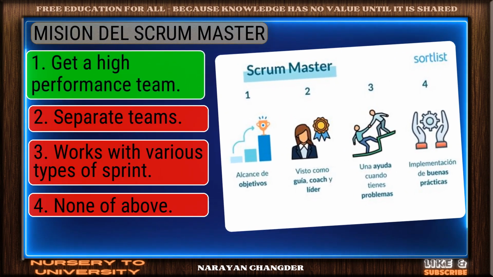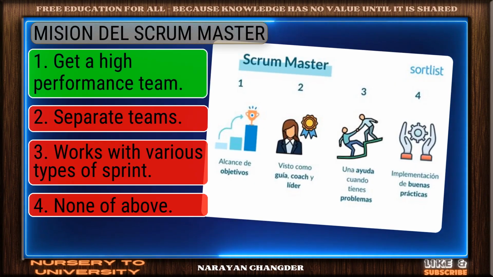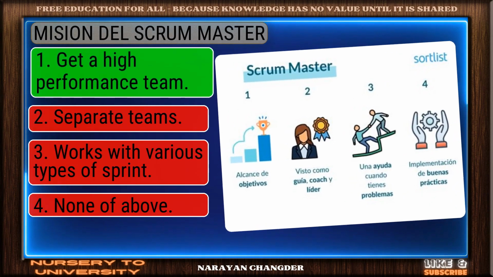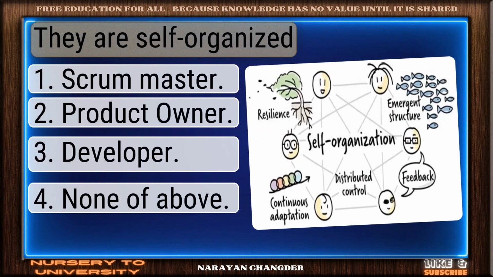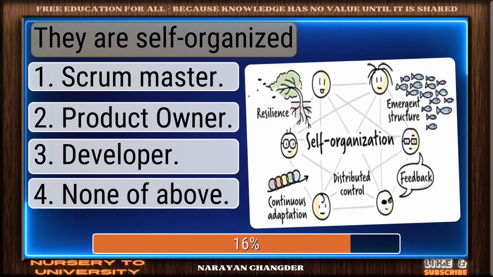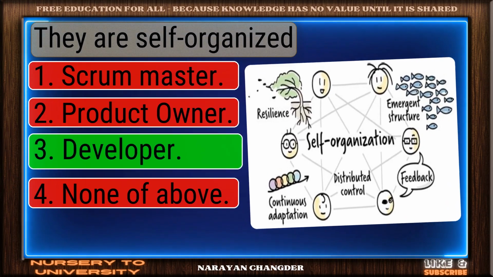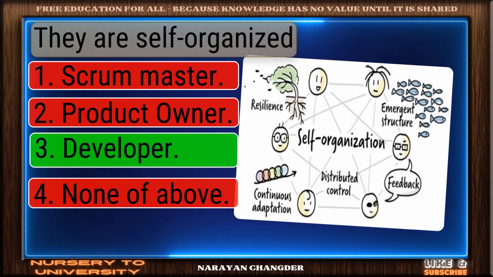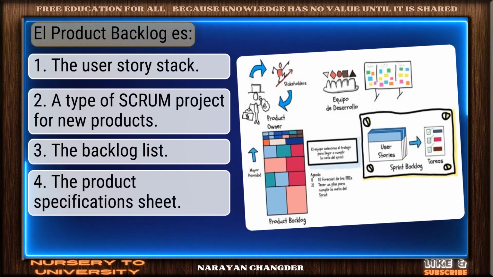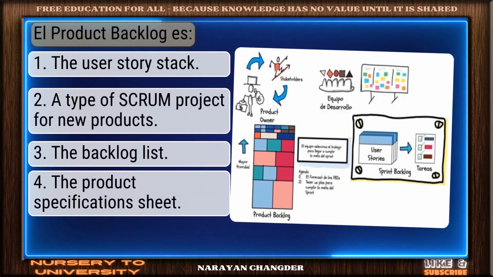Right again. Get a high-performance team is a valid answer. Question number 56. They are self-organized. Nice work. You chose developer, and it is correct. Question number 57. The product backlog is